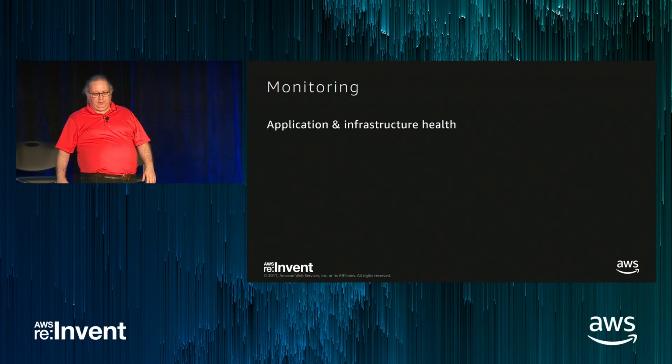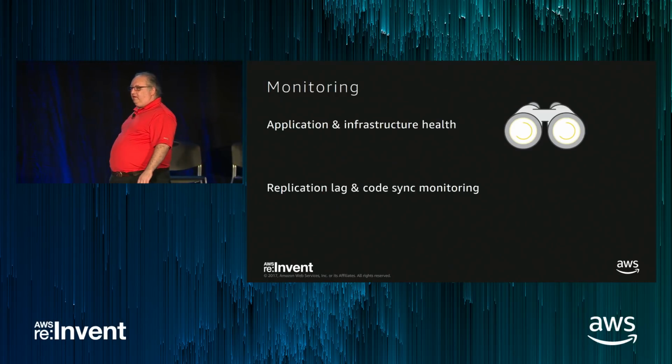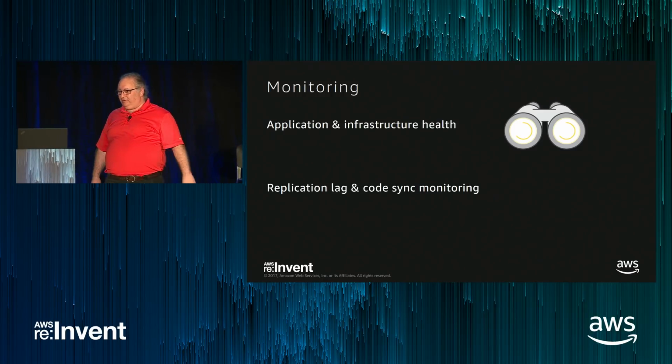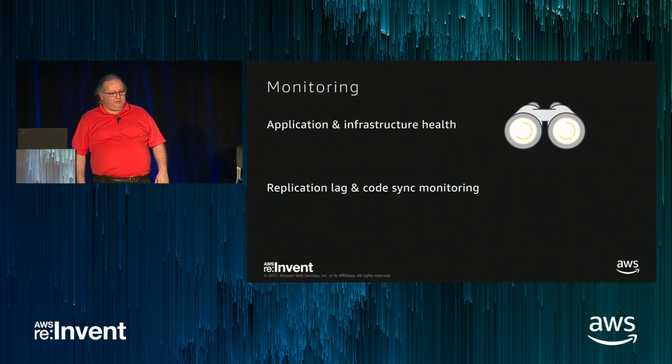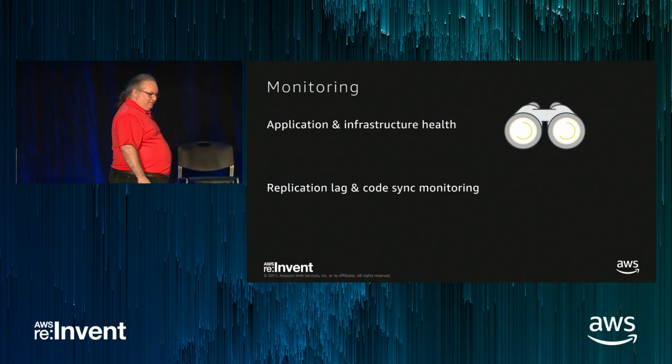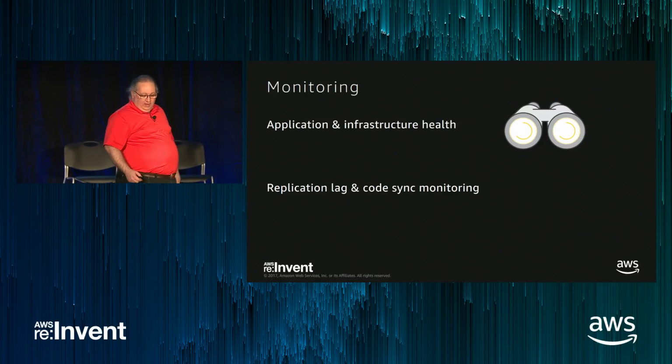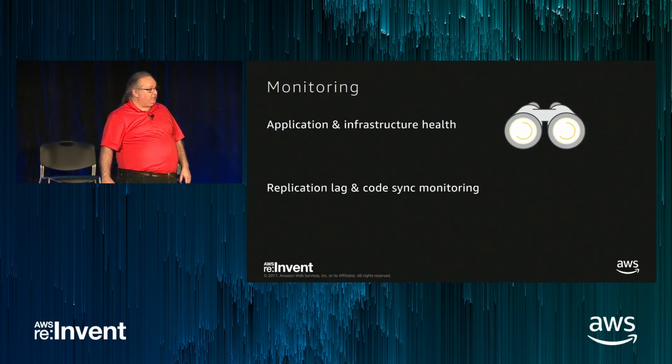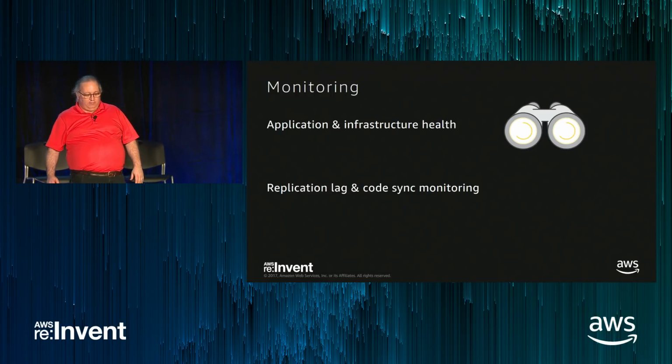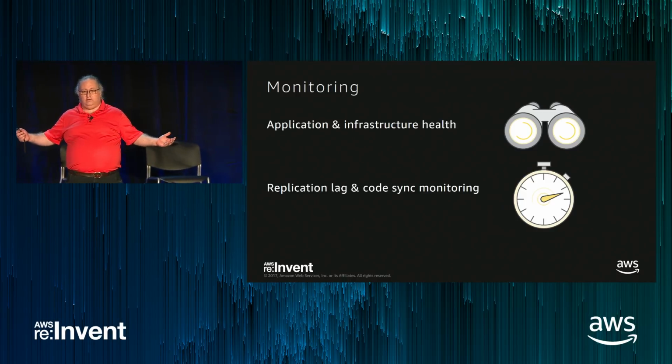You always need to pay attention to application infrastructure health. I'm hoping that all of you are doing some sort of log analytics on any critical application. I'm regularly amazed by how many people have critical applications that they don't do log analytics. Or one that I ran into, well, yeah, we keep the logs in S3, and then when something breaks, we spin up Elasticsearch to see what broke. Okay, that's putting on the seatbelt after the car crashed, right? You want to be using a log analytics system to see what's going on as it's happening. And then, of course, deal with the monitoring of things like replication lag and code sync and so on. And making sure I'm understanding these globally for how they happen.